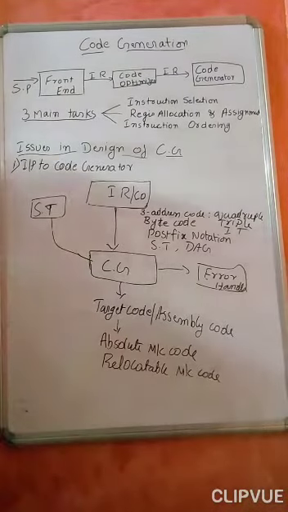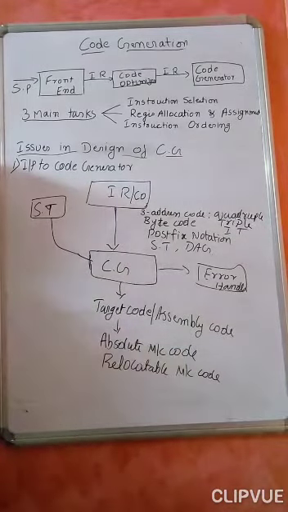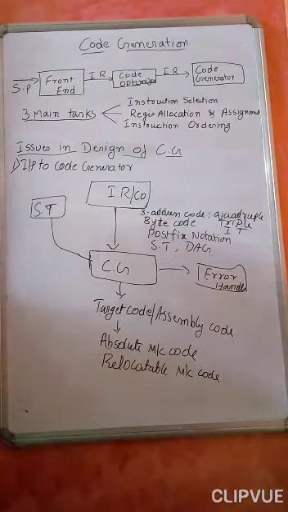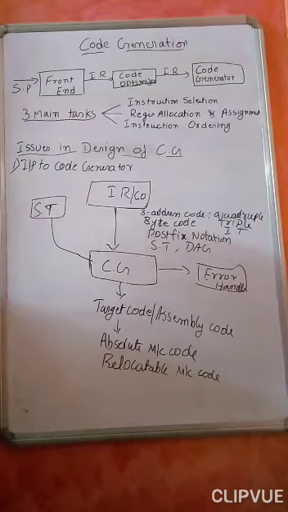Afternoon everyone. Today's session will go to the next topic, code generation, and it is the last topic in your module 5. All of you know that there are different phases of the compiler, like the lexical analysis phase, the syntax analysis phase, then the semantic analysis phase, then intermediate representation, then code optimization, and finally the code generator. So we are in the last phase. I think almost all of you have studied all of them except the code optimization phase.